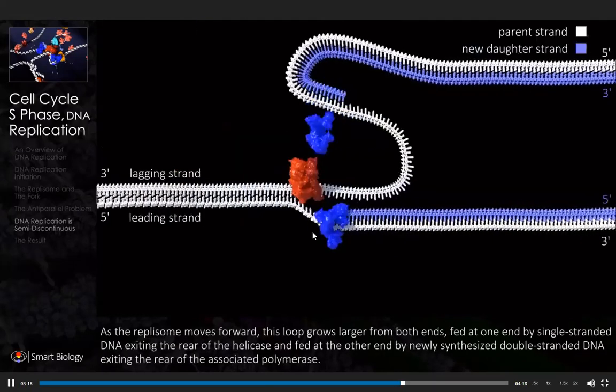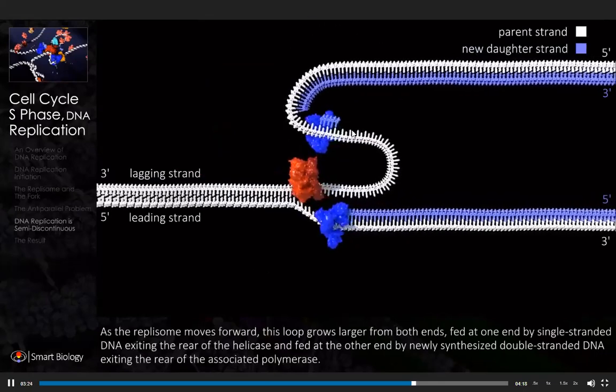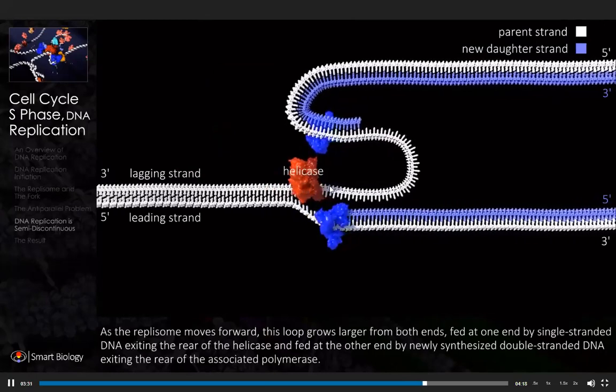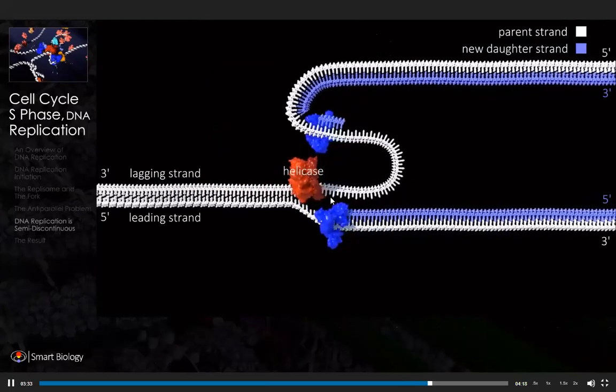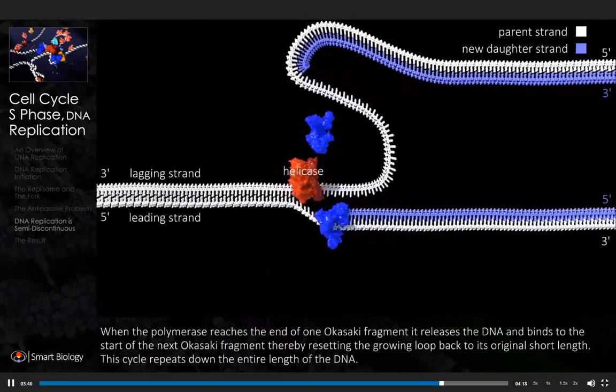So as the replisome moves forward, the loop grows larger from both ends, right? So this loop is growing larger, fed at one end by the single-stranded DNA that is exiting the helicase, so that's this end. And then at the other end, the polymerase is going to be